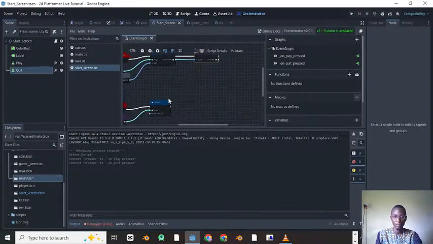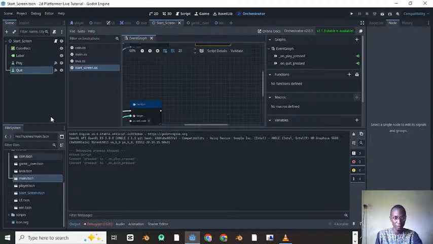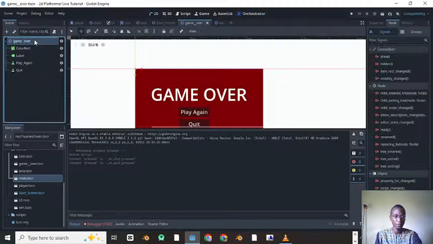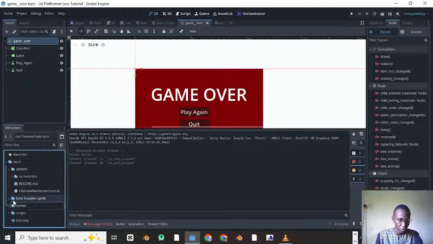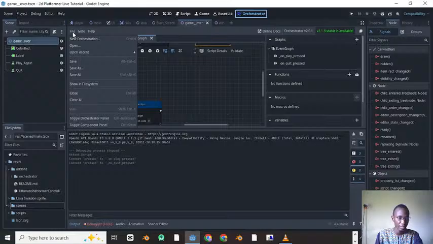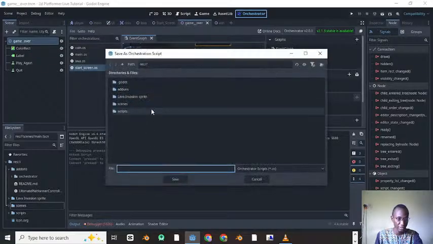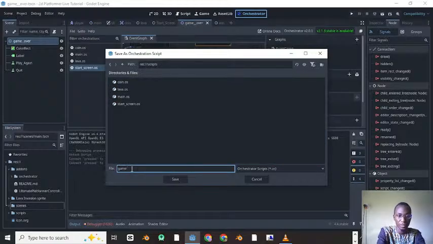let me just go on here to the next one. Next one is the game over scene. So if I want to reuse my code, what I can do is just simply, let me show you how to reuse a code. Go to your orchestrator, go to this start screen, and I'm going to just right click on file, save as, and I'm going to go to my scripts and save it as a game